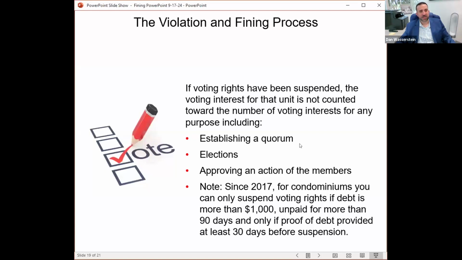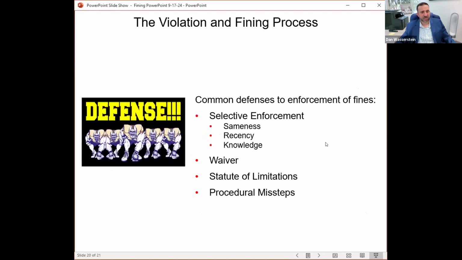When it comes to suspensions for non-payment of a fine or other amounts owed, not only can you suspend amenity rights, you can suspend voting rights. And voting rights, especially in a condo, there is a little more procedure you need to go through. I won't go through the detail of it here, but it's listed there for you to see. But you can also suspend voting rights for someone who owes a fine or other obligation for more than 90 days. So amenities and voting are both eligible for suspensions after 90 days under the statute.